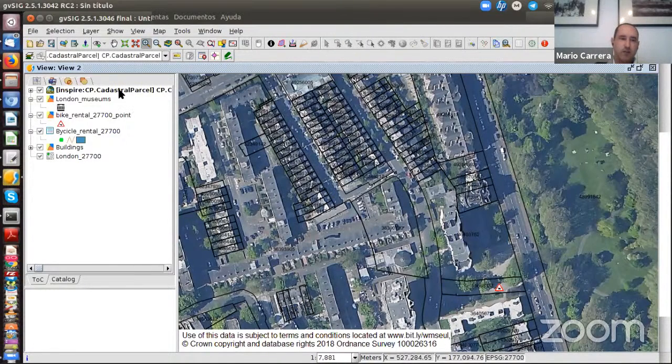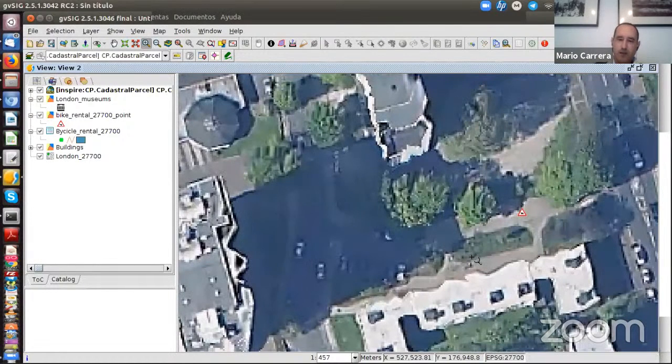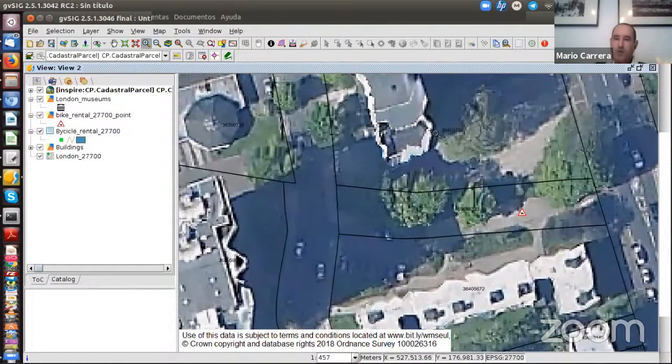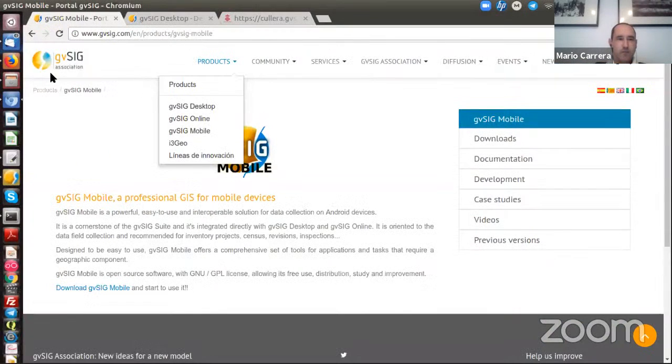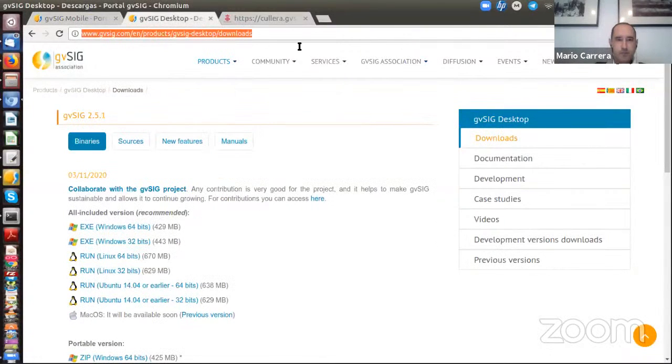This information is available in a server in London, so you have all the information in this web service. And I haven't downloaded anything about this layer in my computer. Okay, so there is a lot of information in any country. For example, in Spain,